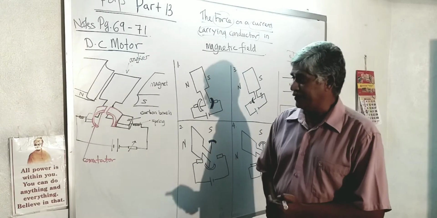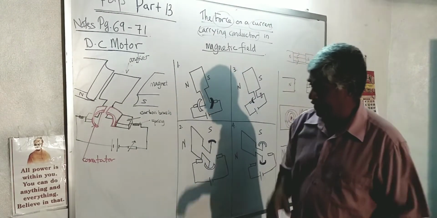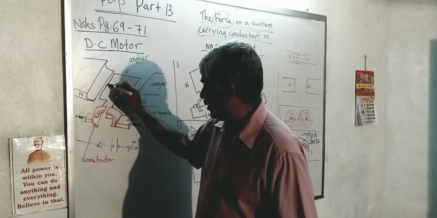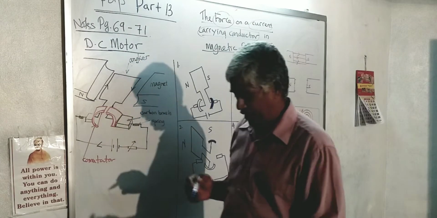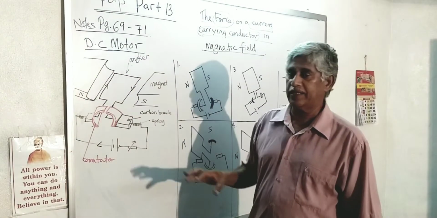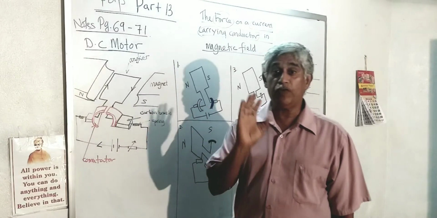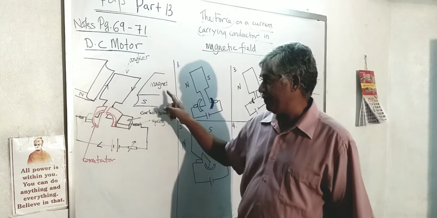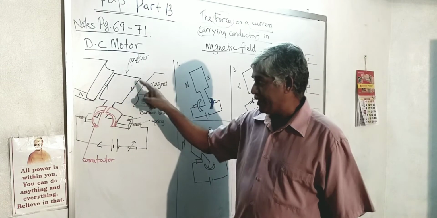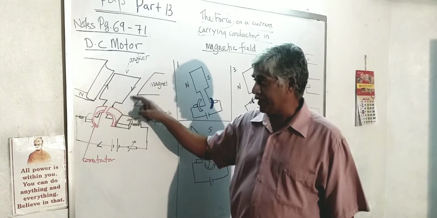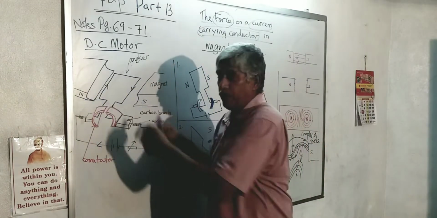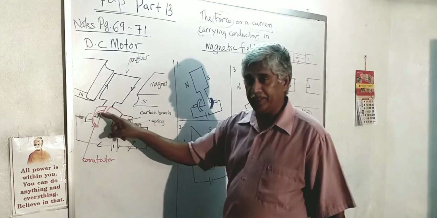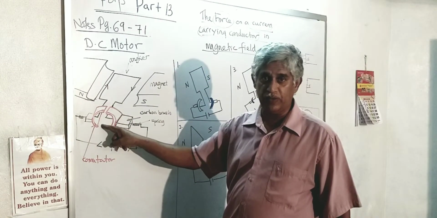So what actually happened? As you can see here, the current is moving this way. In the armature it goes this way and then comes up. Before that, let us discuss some basic parts of a motor which you must know. This is the permanent magnet. The armature is the current carrying conductor in a square shape, which is connected to a semicircular metal piece here which we call the commutator.